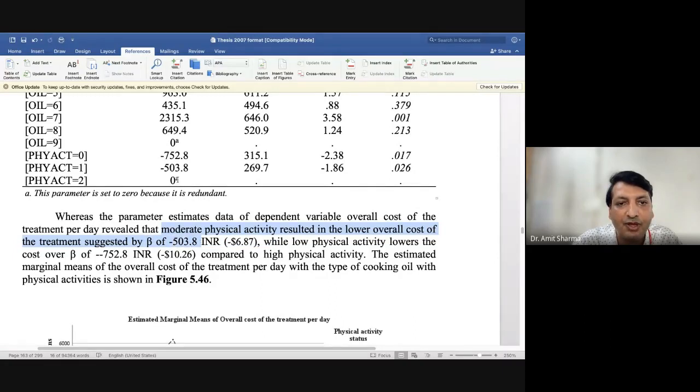Now what does it mean? If you are doing high physical activity, and from high we switch to moderate, then the cost is going to reduce by 503 INR, and along with that I have written the USD also.